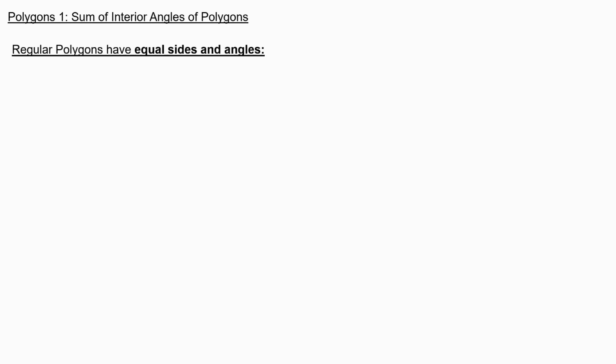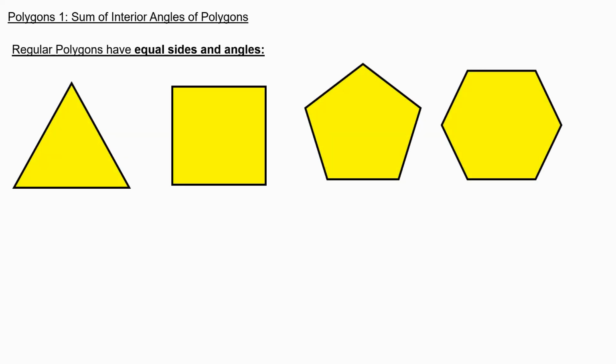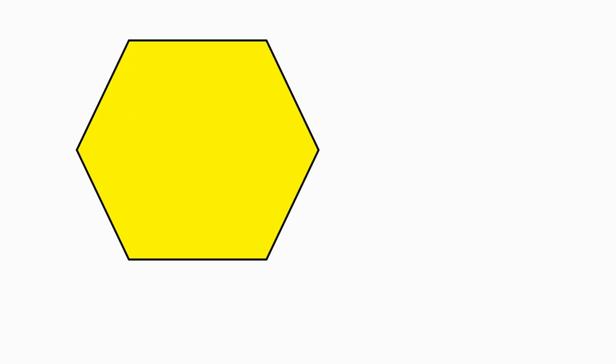Regular polygons are shapes with equal sides and angles. Here are some examples of some regular polygons. We have an equilateral triangle, a square, a regular pentagon, and a regular hexagon. If we focus on a regular hexagon for a minute,